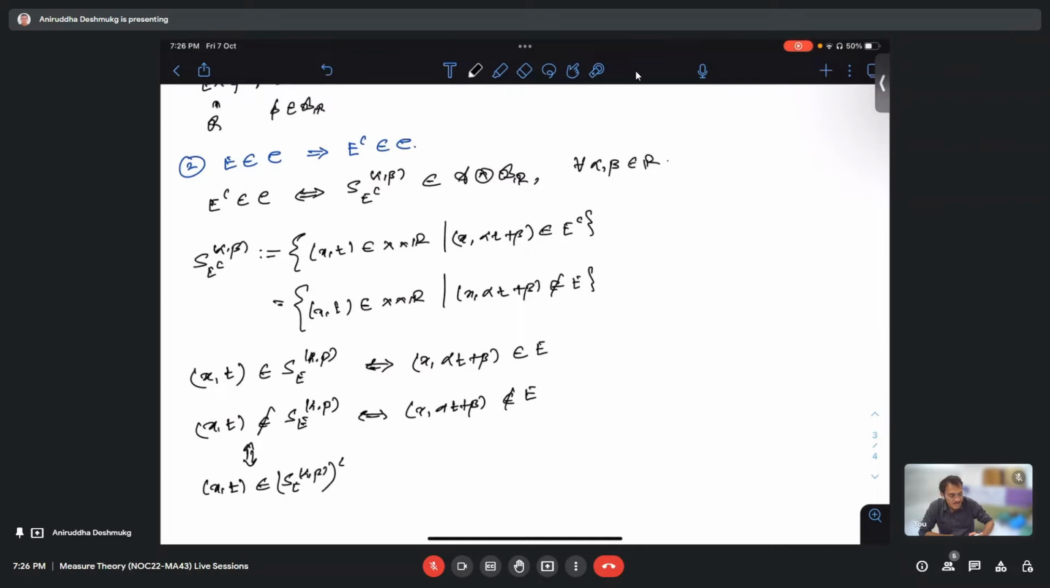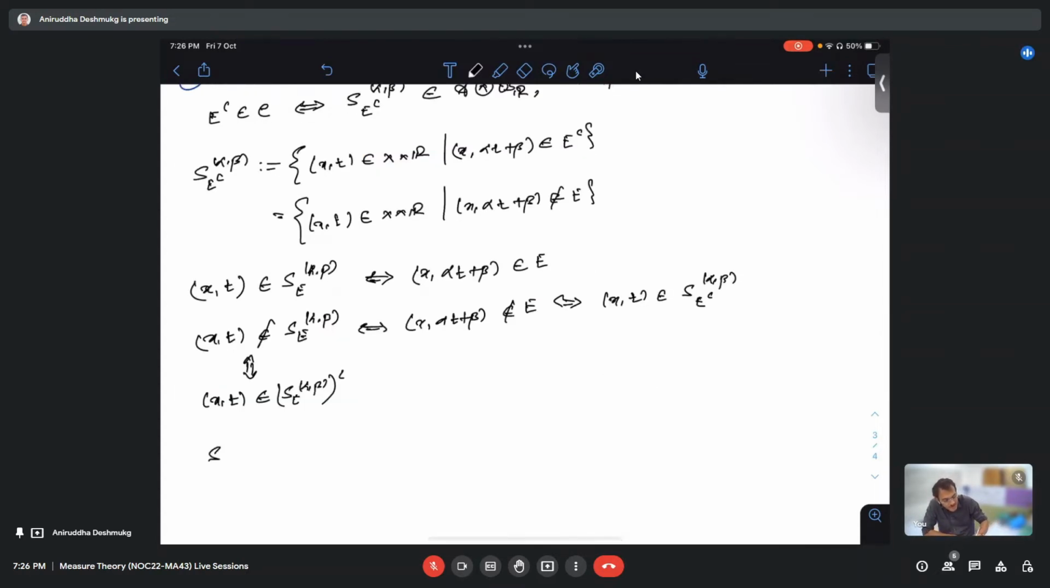Correct? While the right hand side, it means that xt is inside S of E complement alpha beta. Therefore, what do we conclude? We conclude that S of E complement alpha beta is equal to S of E alpha beta whole complement. But by assumption, since E is inside C, S of E alpha beta is inside A cross B, but